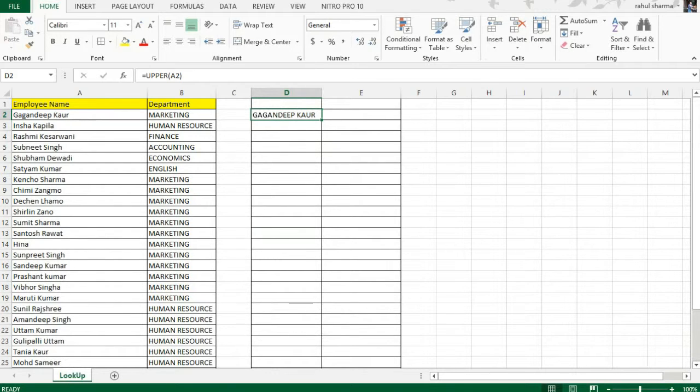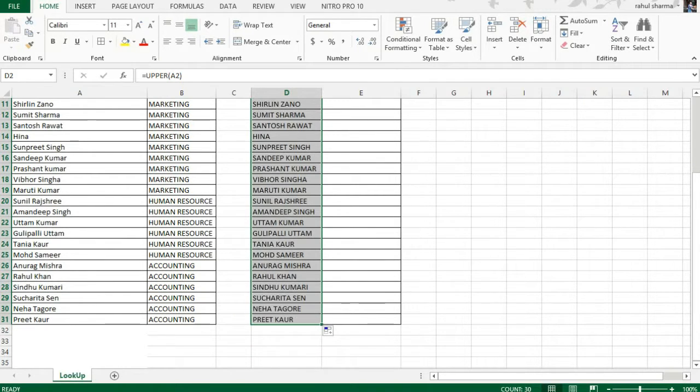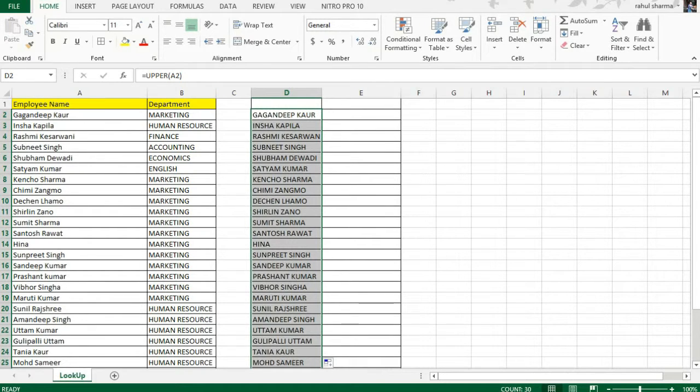I would be selecting this cell. I would be going to the right bottom side of this box. When the cursor changes into a plus sign, I would select it with my left click and I would be dragging this formula to the end of the sheet. This way, the complete employee list, which was in title case before, has been shifted to